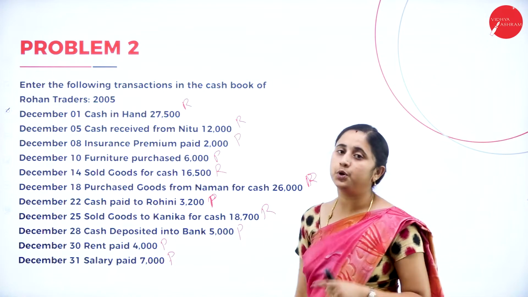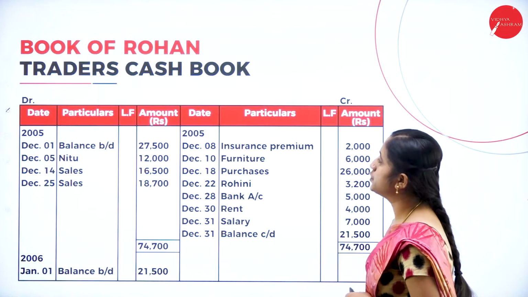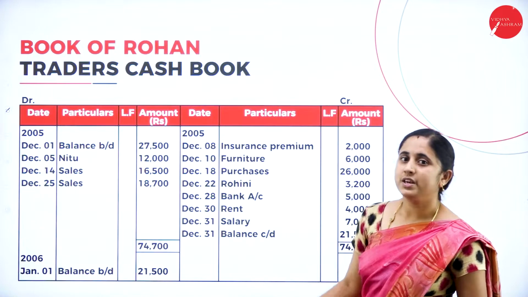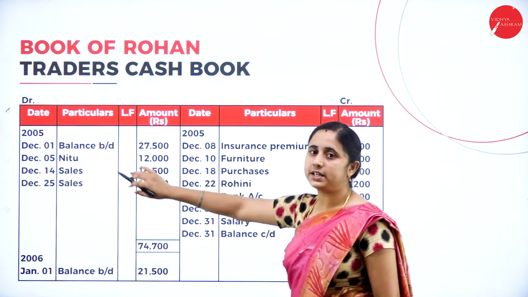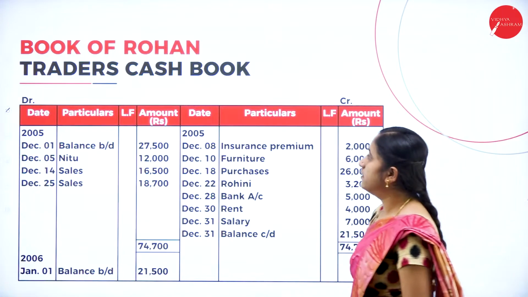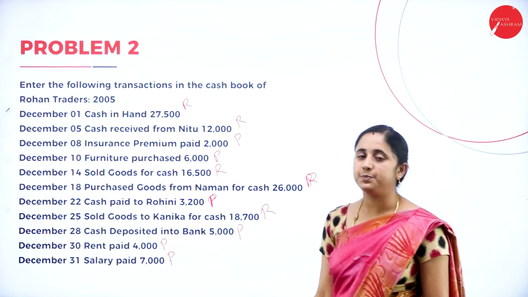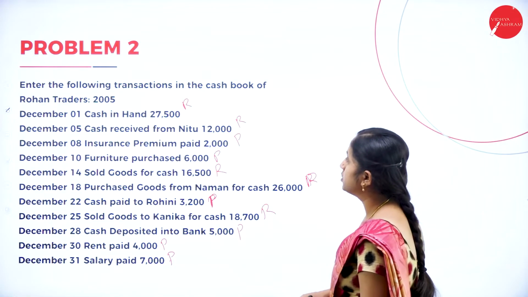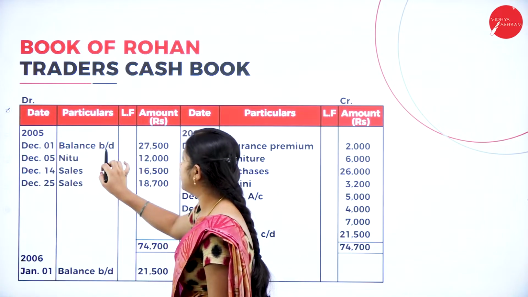In single column cash book, we have only one column to record the amount. So, this is the solution. Cash book in the book of Rohan Traders, debit and credit. In the debit side, you will record all the receipts and in the credit side all the payments. First, December 1st, cash in hand rupees 27,500. That means cash balance, balance brought down from the last month. So this is a receipt, debit side. December 1st, balance brought down